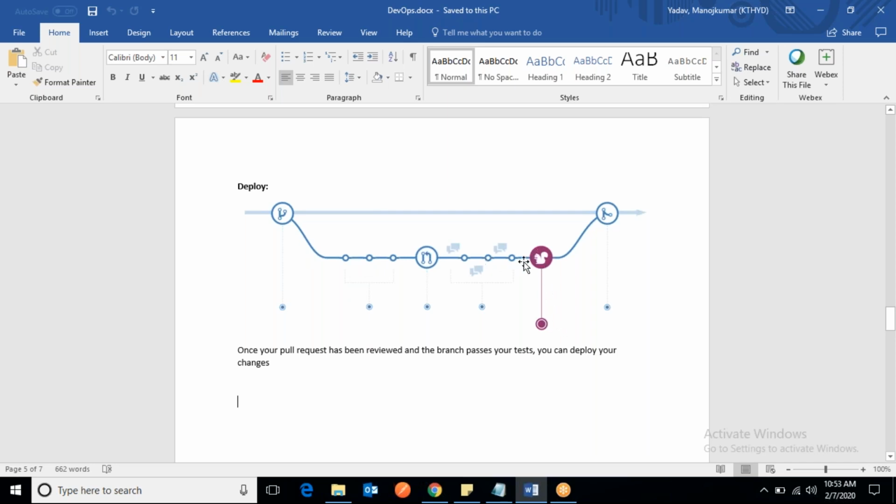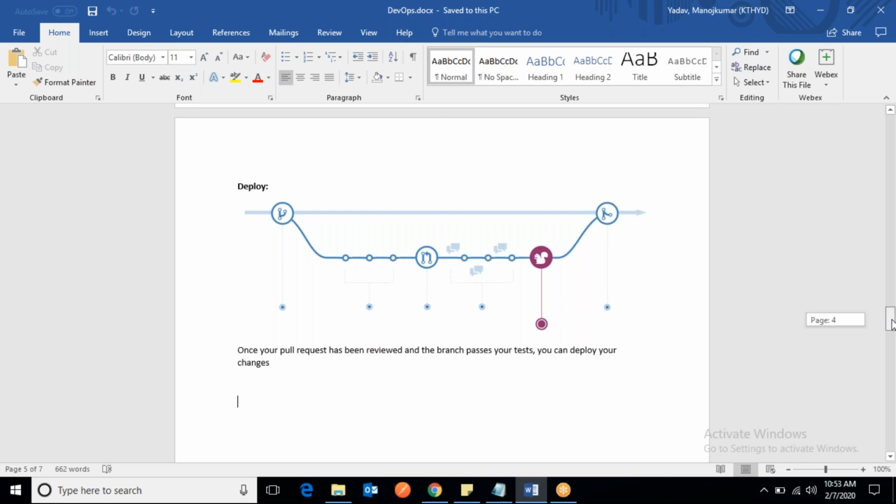So deploy means this development branch will be deployed in QA or some other sandbox environment, where your QA people, suppose you have some automation tests running, will go and do some validation. If everything goes fine, every test passes, then you can release to the master. You can merge to the master, and this will go to the production environment.